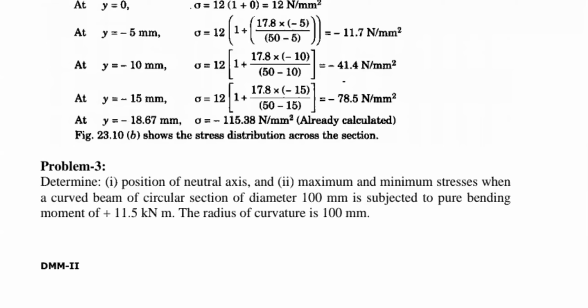Notation is important. Even though it is easy for you to write down the given data, for your convenience, for your practice and for your notations, because notations are very, very important. What is the notation of diameter? What is the notation for bending moment? And what is the notation for radius of curvature? For this purpose, please note down the given data with notations in your notebook, so that it is easy for the remaining calculation parameters.